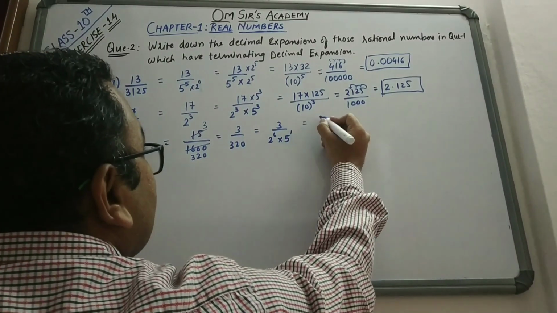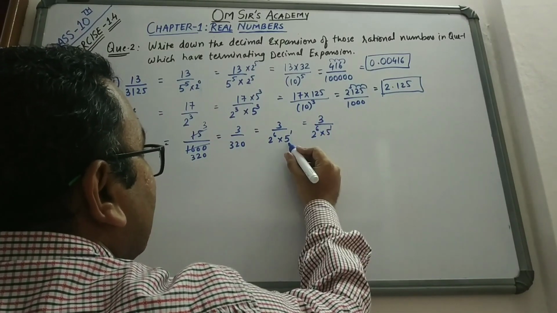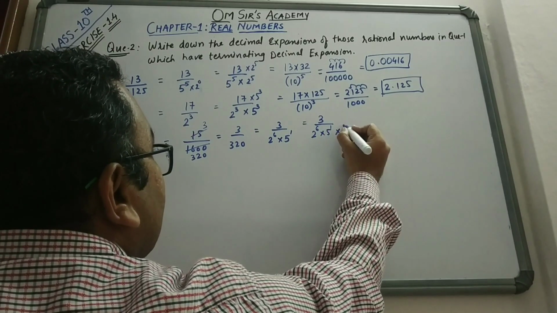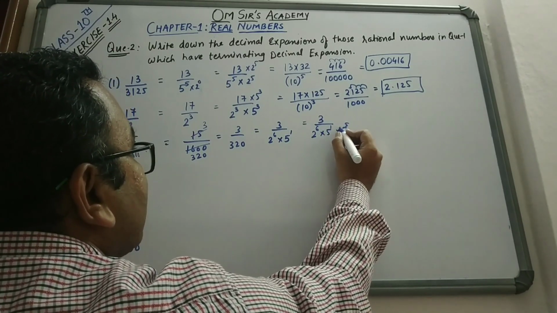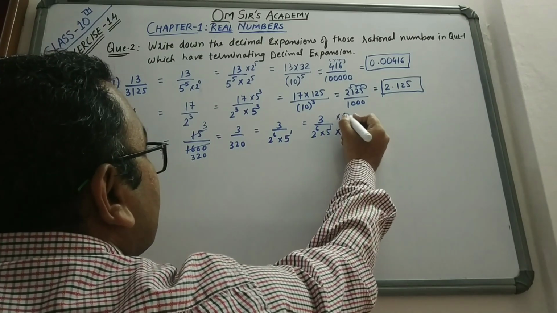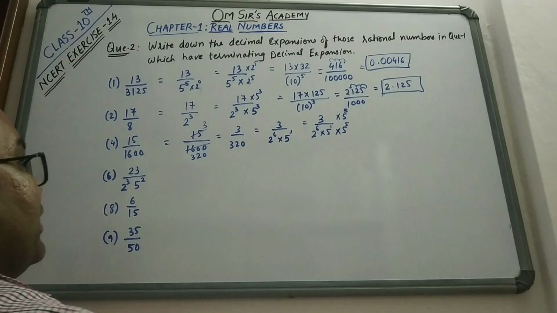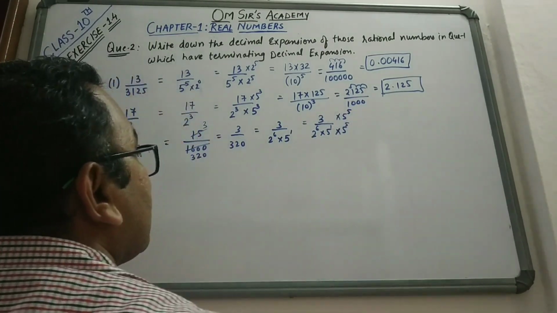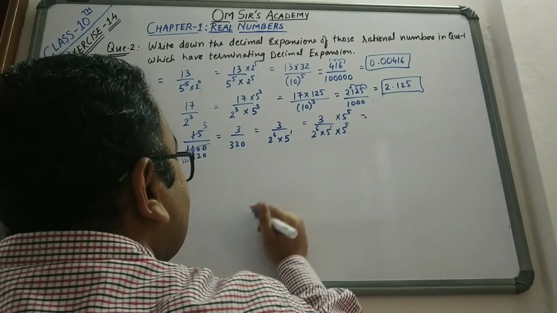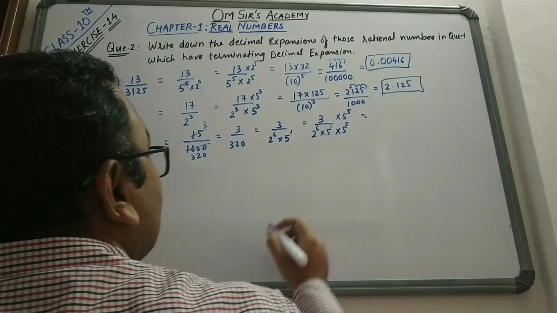So what we will do is, 3 upon 2 raised to 6 into 5 raised to 1 was there. With this we will multiply 5 raised to power 5, so that this becomes 5 raised to 1 plus 5, which is 6. So in the numerator also I have to multiply the same number, 5 raised to power 5. Is it clear? 5 raised to power 5. So it is 5 5s are 25, 5 5s are 125, 5 5s are 625, 5 5s are 3125.